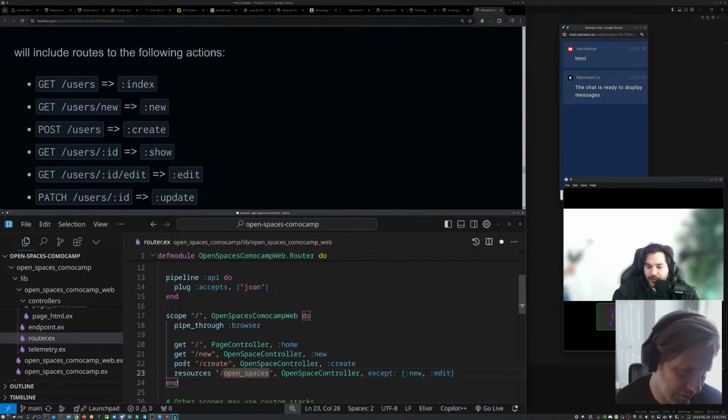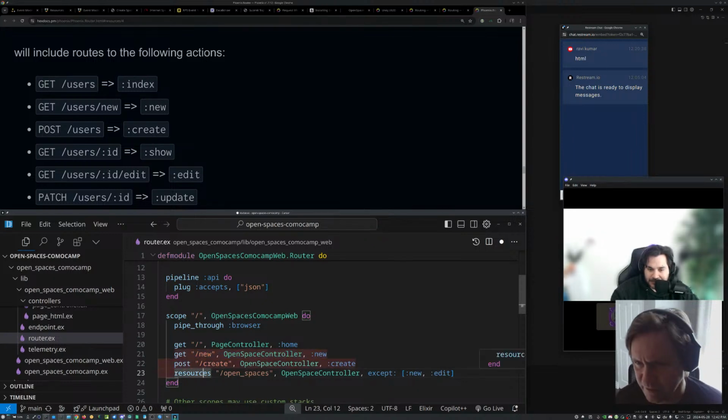Well, we don't have a new, we have a create. Are you saying I can get rid of the post and get because I have resources? If you go to the docs, you're going to find that all that does is define a set of routes for you, and it calls given functions in the controller by convention.